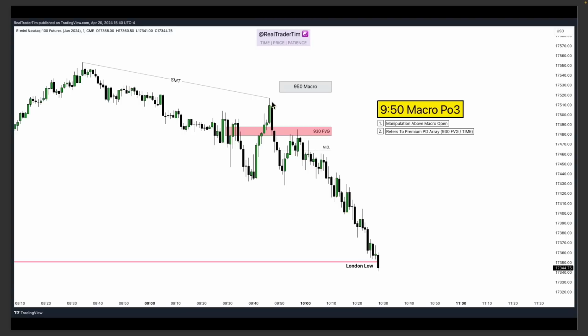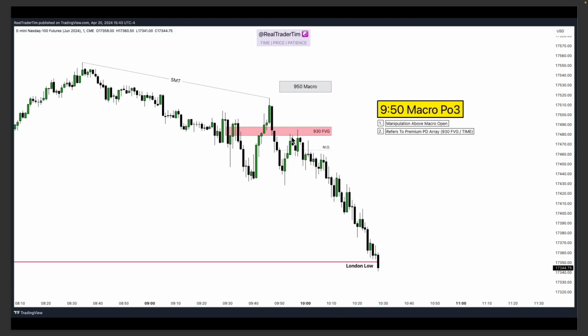Then what occurs? After that signature clearly takes place, we close back below the 930 fair value gap. So the fact that we see this SMT close below it, and then during the macro, we're referring back to it. This is what ICT means when he says we cut through candles, okay? Where this first fair value gap formed after 930 opening price wasn't initially utilized really to have any substantial move. But once it was